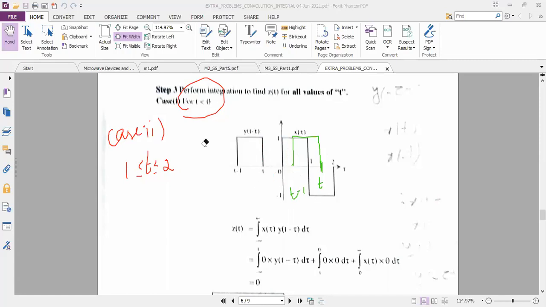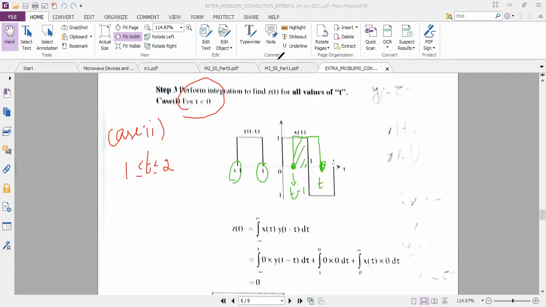I think here you don't have any doubts. So t minus 1 is this edge. See, always the edges of t and t minus 1 will occupy the mid-range of the time duration. If you remember that, I think. Now, what is the overlapping portion here? The overlapping portion is t minus 1 to 1. Very good, t minus 1 to 1.